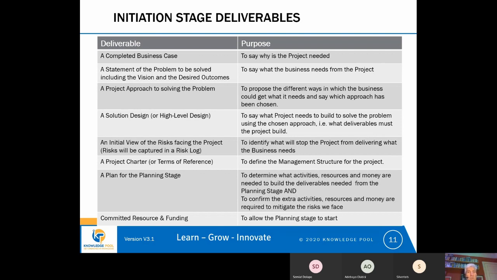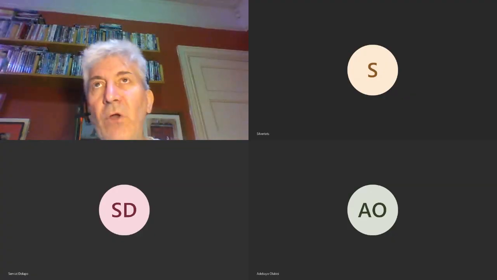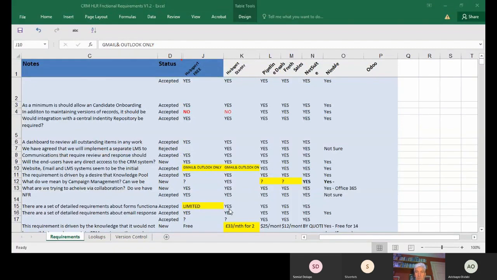So it's in initiation when we look at all the rationale for the project and we look at financially, why is this project worth it to this business to do this project? And we have to consider both the cost of delivering the project, so what it might cost, but we also have to consider the business benefit in terms of what extra revenue or what extra profit it might bring to the business. So the business case often consists of,